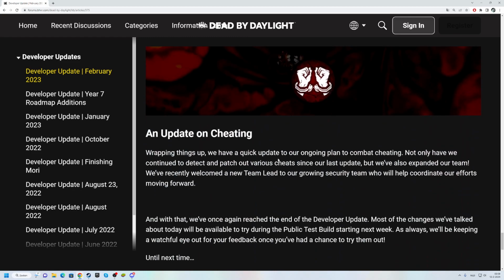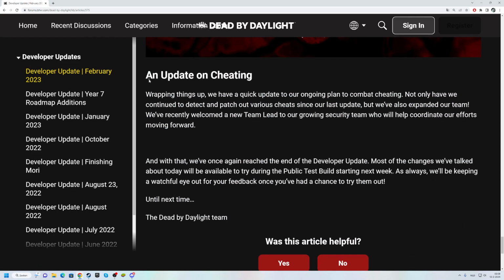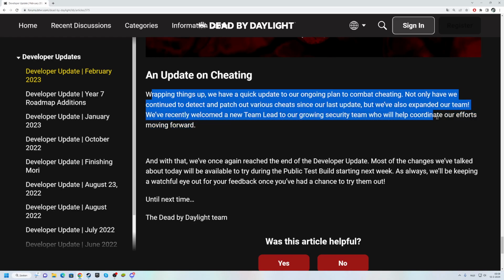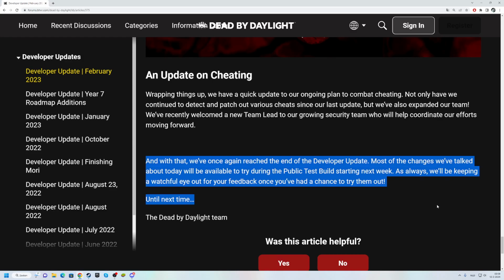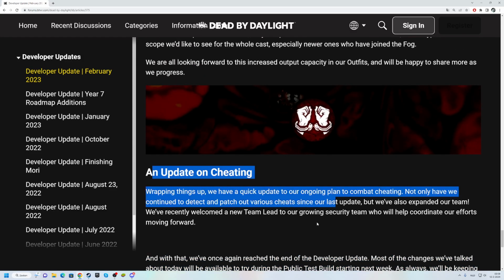Oh, an update on cheating. Okay, wrapping things up, we have a quick update to our ongoing plan to combat cheating. Not only have we continued to detect and patch out various cheats since our last update, we have also expanded our team. We have recently welcomed a new team lead to our growing security team. They will help coordinate our efforts moving forward. And with that, we once again reach the end of the